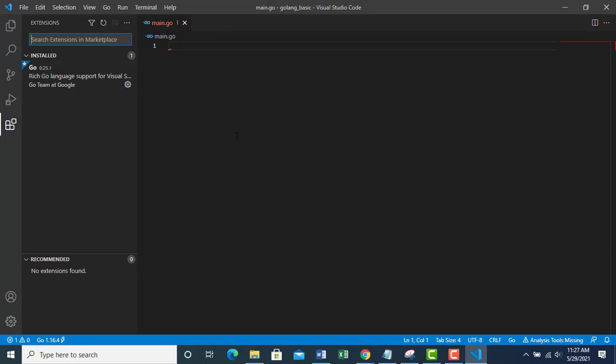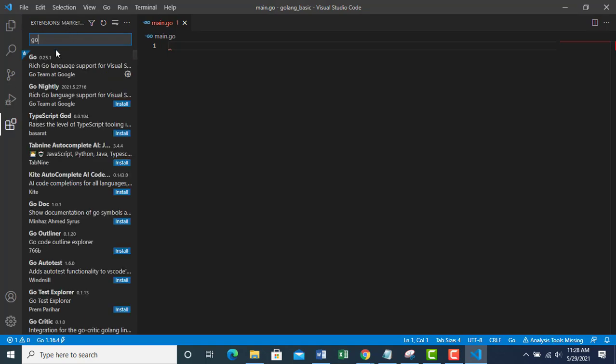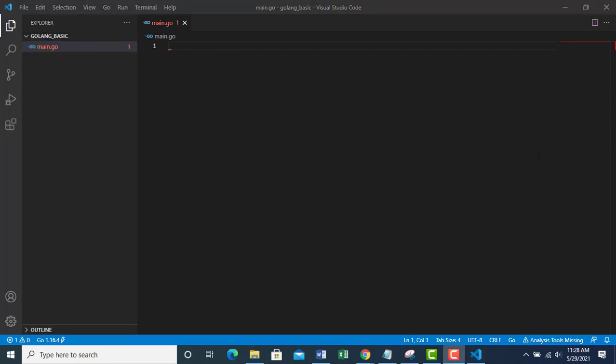This is the official Go package, its name is Go. If you install this, you will get suggestions for all the libraries, packages, etc. Then I start coding.